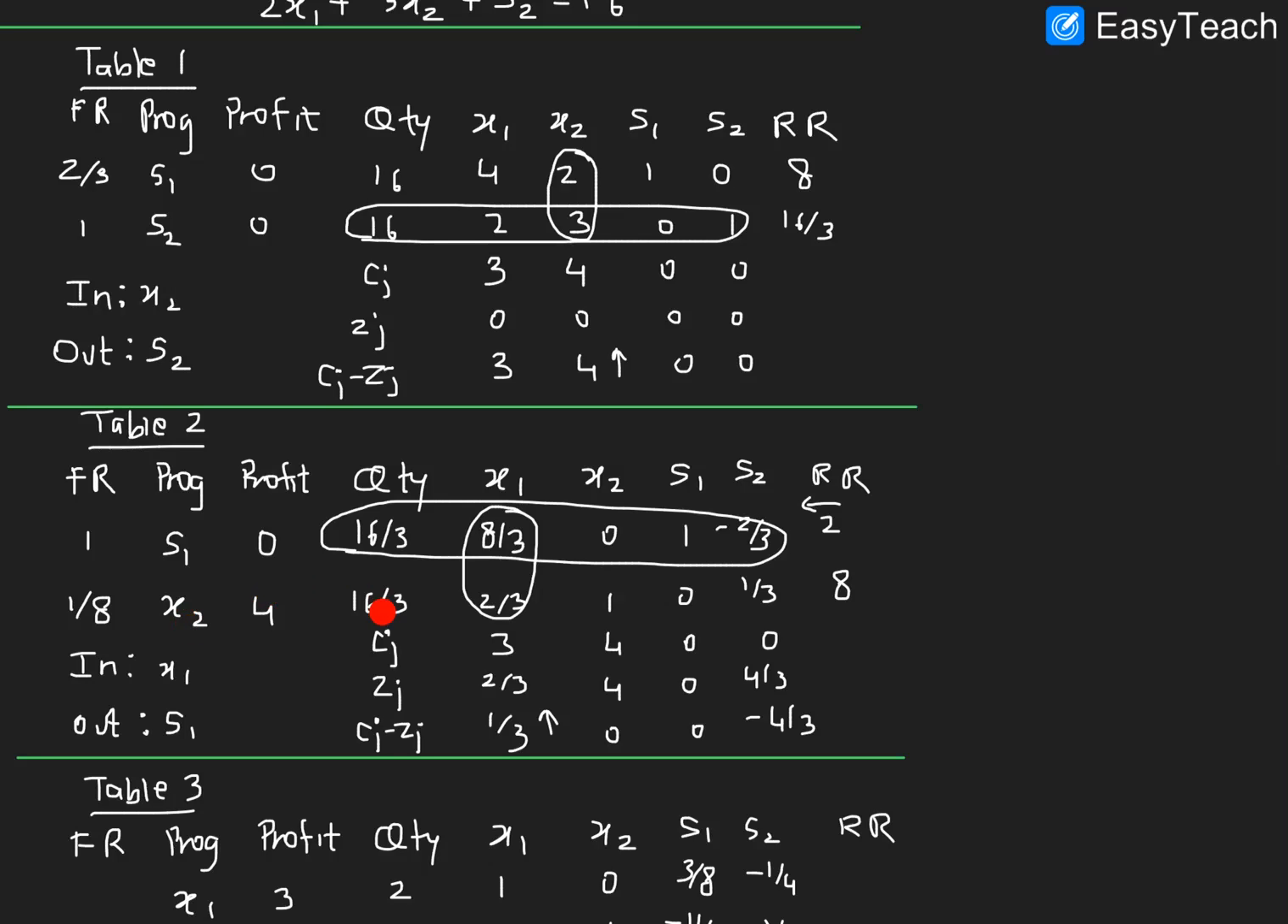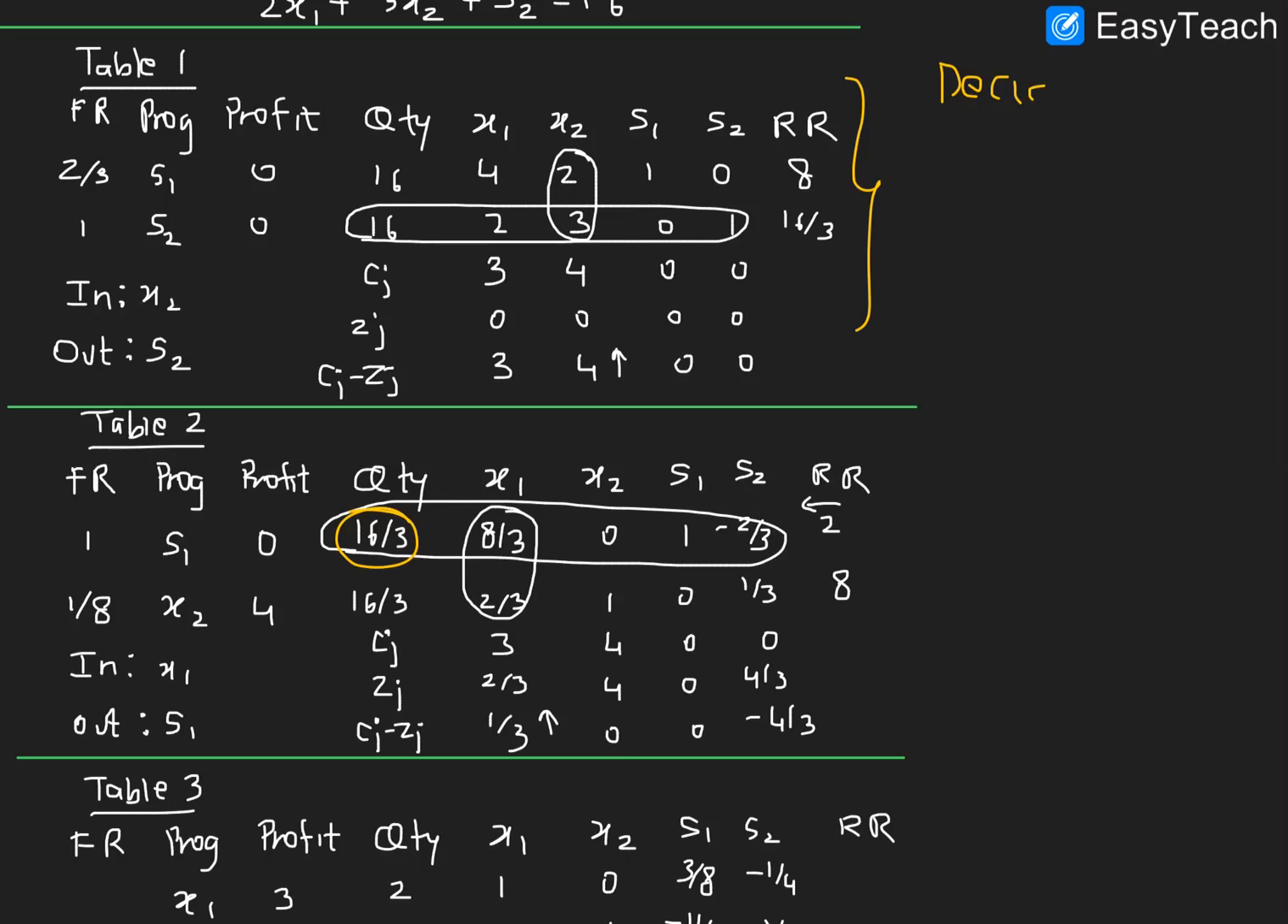Then talking about these numbers now, basically before we go to these sacrifice ratios, let's first target this part. Let's first target this part as to what is this 16 by 3. So as we said, the decision that we took in this table,